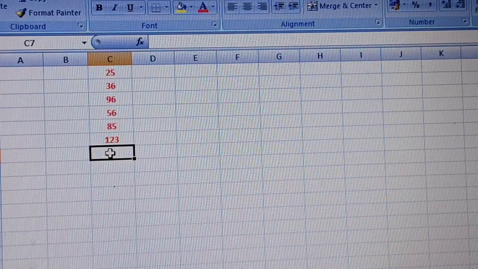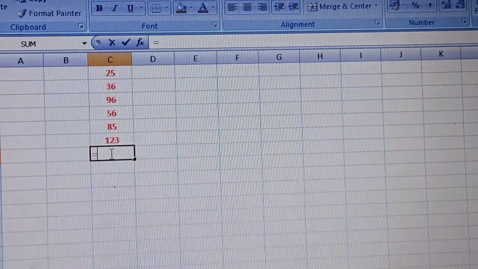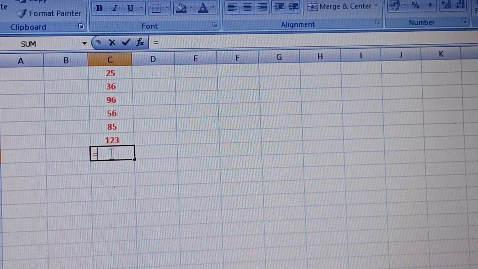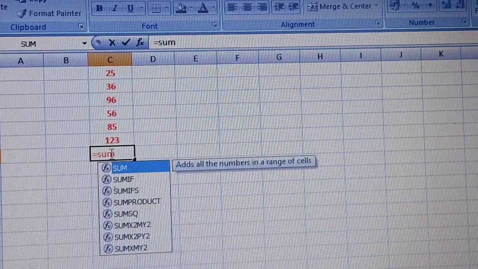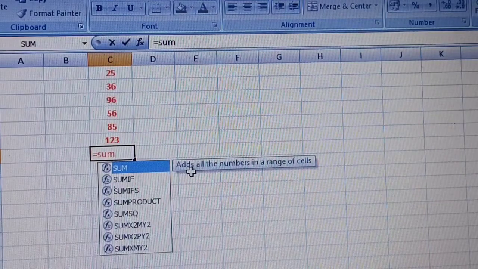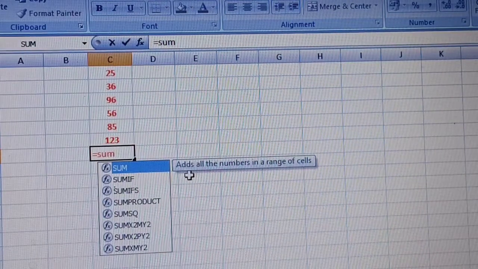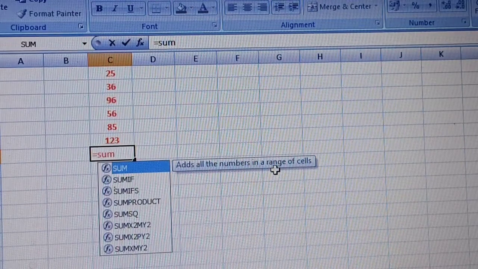We want to sum, so firstly if you write any formula, use the equals to sign. Okay, then the formula SUM. When you write the sum formula, the instruction is given there: adds all the numbers in a range of cells.